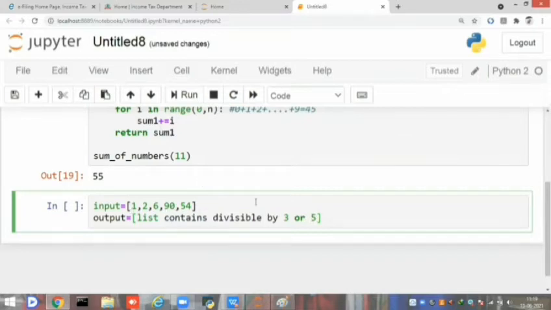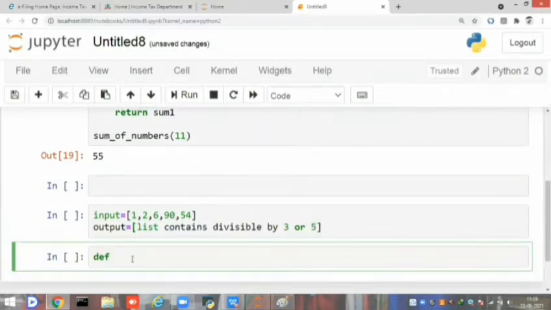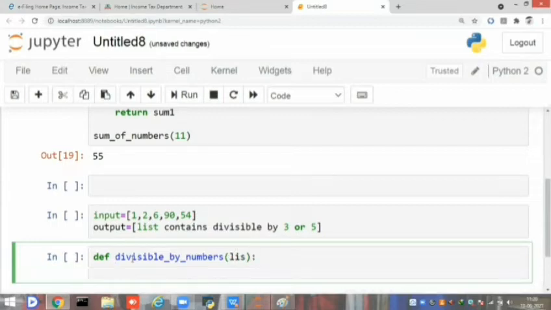Okay, next, divisible by numbers, and we have to take the input of a list. And we have to initialize one temporary list in which we can store whether it is divisible by 3 or 5. If it is divisible by 3 or 5, we have to append to the temporary list.